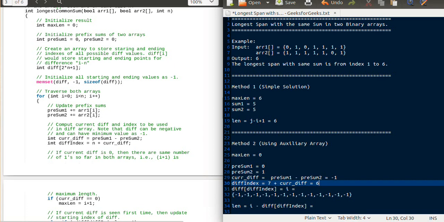Clearly, when we go to index 6 of this array, indexed 0 1 2 3 4 5 6, we see that it's minus 1, which means that we are visiting this difference for the first time. So we'll just store the index at which we found this difference, because maybe we'll need it later. For the time being, let us just store 0 over here, because 0 is the index at which we are right now.